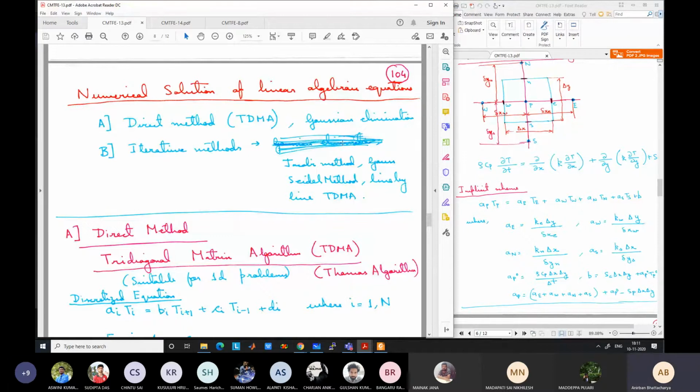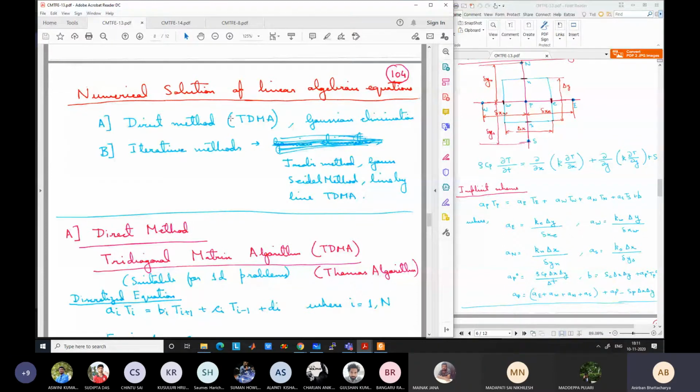Gaussian elimination we are not going to study. It is a very slow method, but it's a very common method in maths. You must have studied it, or you can just take a look in any of the maths books. Okay, the standard method, where you just basically eliminate one by one in each of the rows the number of coefficients, so that ultimately you get a triangular type of matrix, and then from back calculation you can just calculate the values. Okay, it's a slow method.